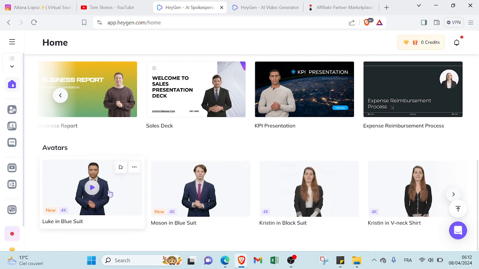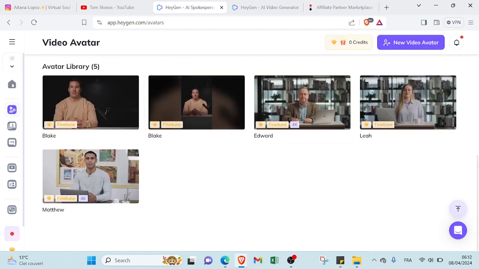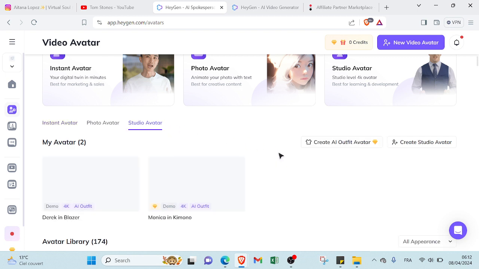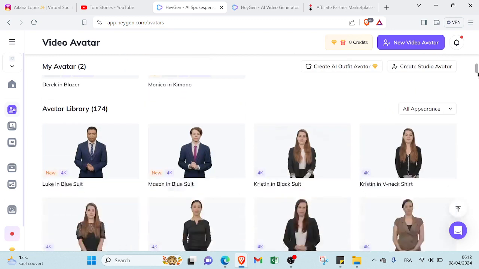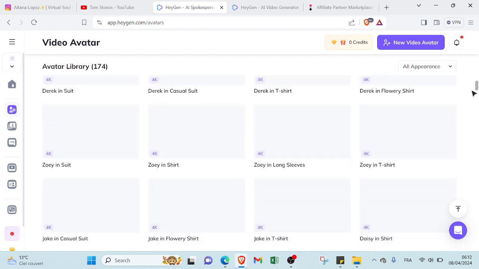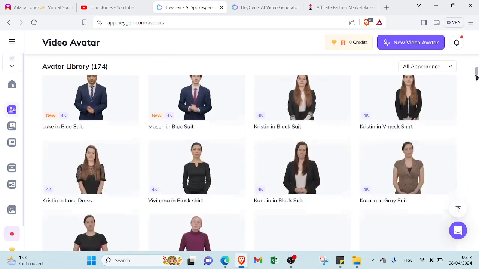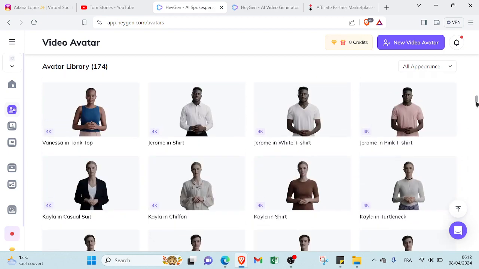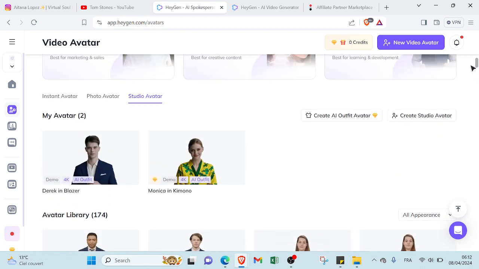making content. Here we have avatars, so you can click over here to dive into studio avatar. You can find various AI characters there, and then you will choose the one you want or the one you like. As I said, we have a lot of AI avatars, so you can choose the one that you like, and then you will start creating your video.